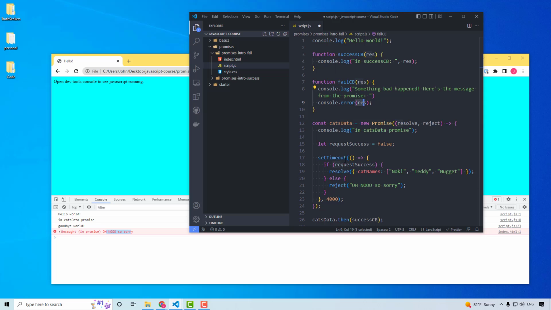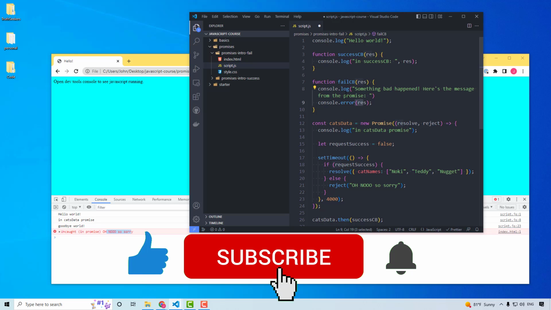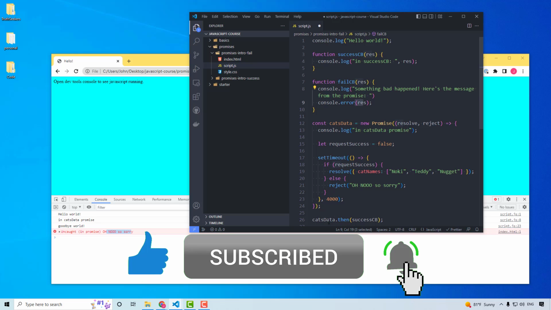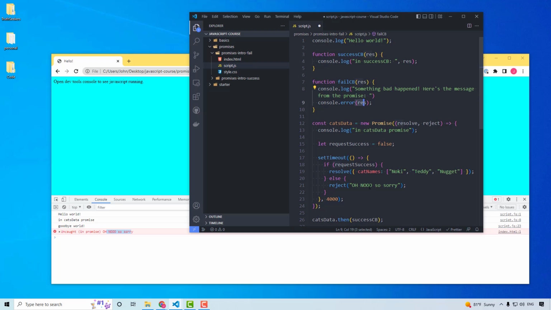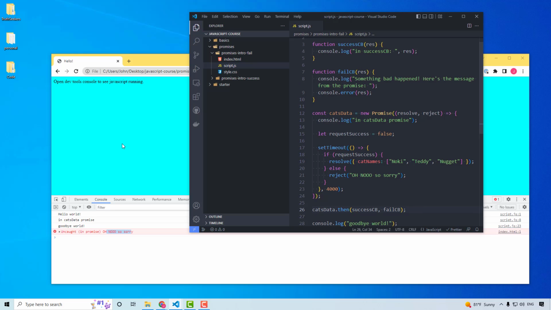And so we have this callback here for a failure scenario, but we still haven't told the promise anything about this failure callback. So we do that again with then, because the .then is what happens when the promise is completed. And the completedness of the promise could either be a failure or a success. So again, we've told the promise what to do in the case of a success, but we need to say, here's what happens when the promise fails. And so we're going to pass in the failCB as the second parameter. So now, if we hit save and refresh,